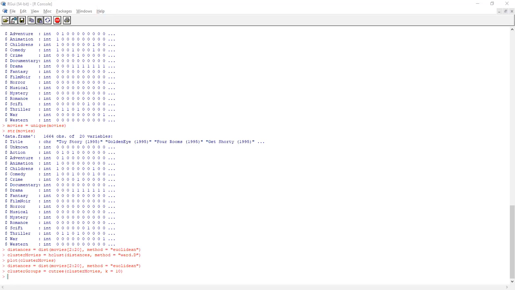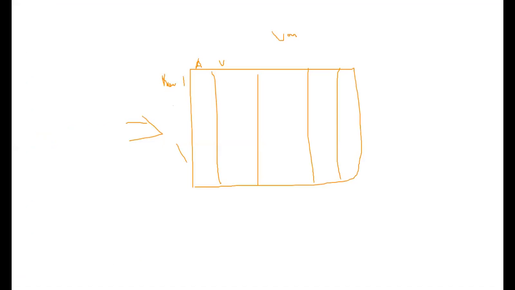Now I'll just tell you, after this the data matrix I'll share with you here. Now the data will be like this.